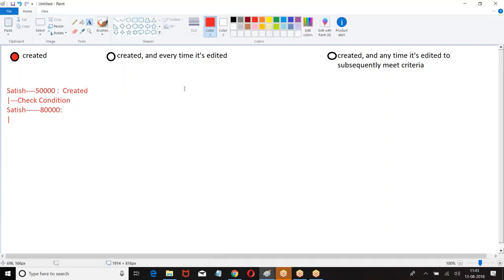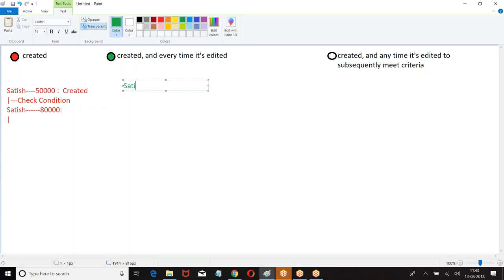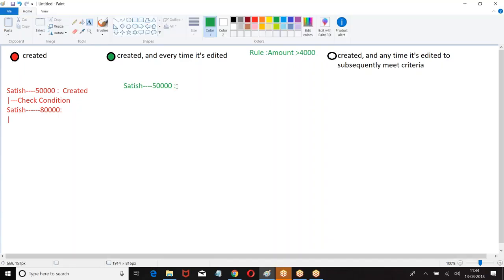So what is the second option we have? Created and every time it is edited. So let us see. Satish. So what is the rule I gave? Rule says Satish 50,000.